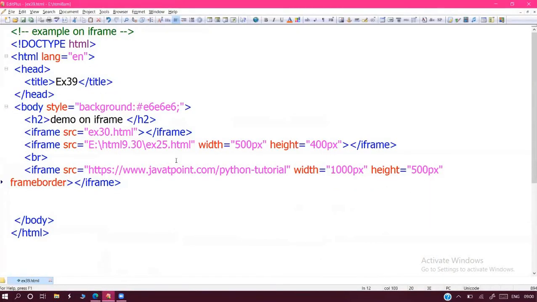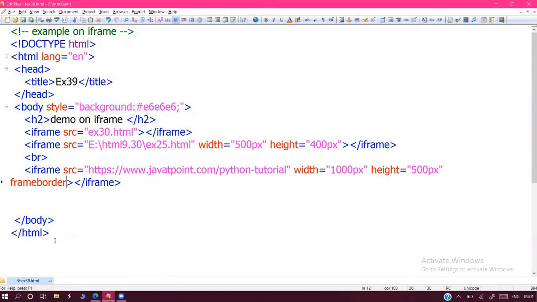So this is the basic purpose of iframe: merging multiple pages and displaying them as a single page. We have a huge amount of content available, so we divide the code and develop it as separate programs. Right? So finally, what to do, sir? All these individually designed pieces we have to join together and display as a single page. For that, this iframe is going to be utilized.